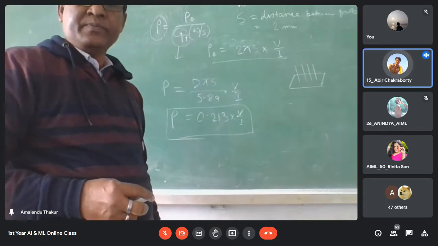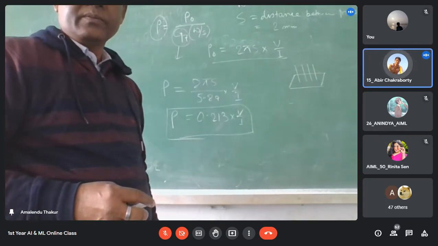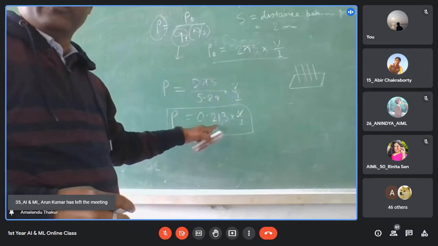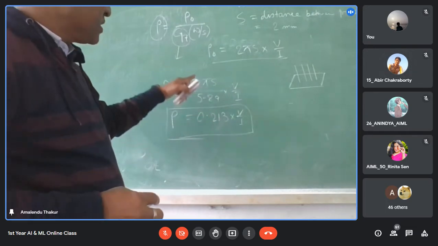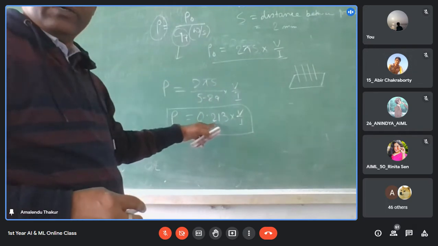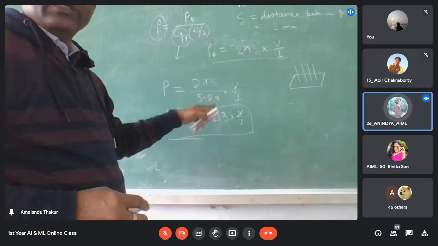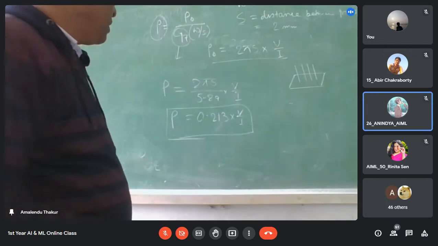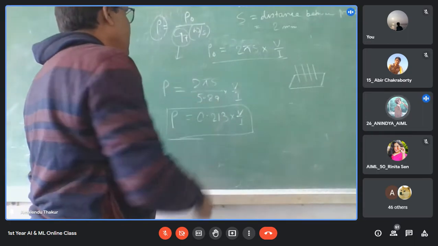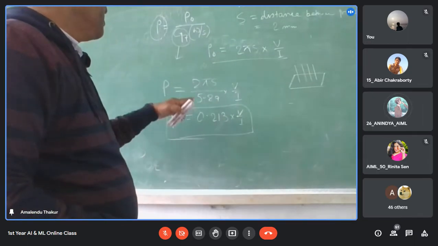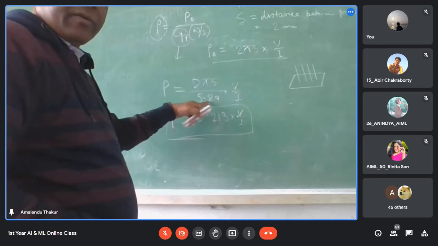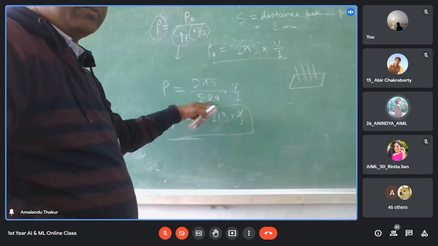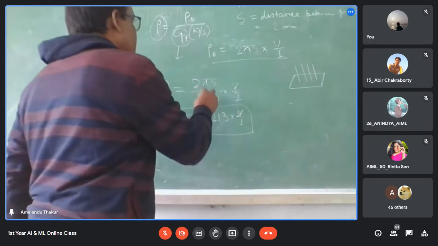Sir, we will directly write the formula rho is equal to 0.213 into V by I. Okay, directly you may write this formula also. I just explained before how we get it. What is written above 0.213 V by I? This is 5.89. This correction term is 5.89 for this type of semiconductor, that is germanium semiconductor. Yes, this is the correctional term.